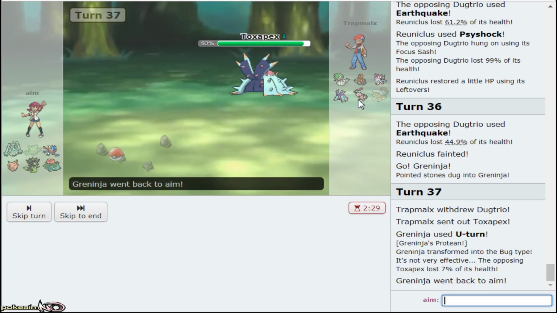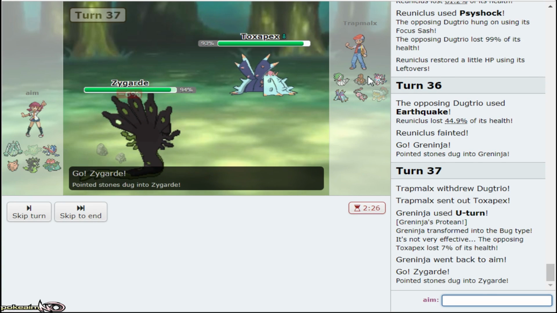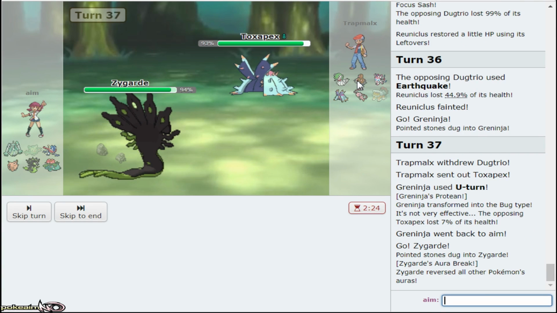Alright, so right out to Zygarde we go. And we just click 1,000 arrows. I can't click Heal Bell, unfortunately. That Dugtrio was really smart on his part, but...